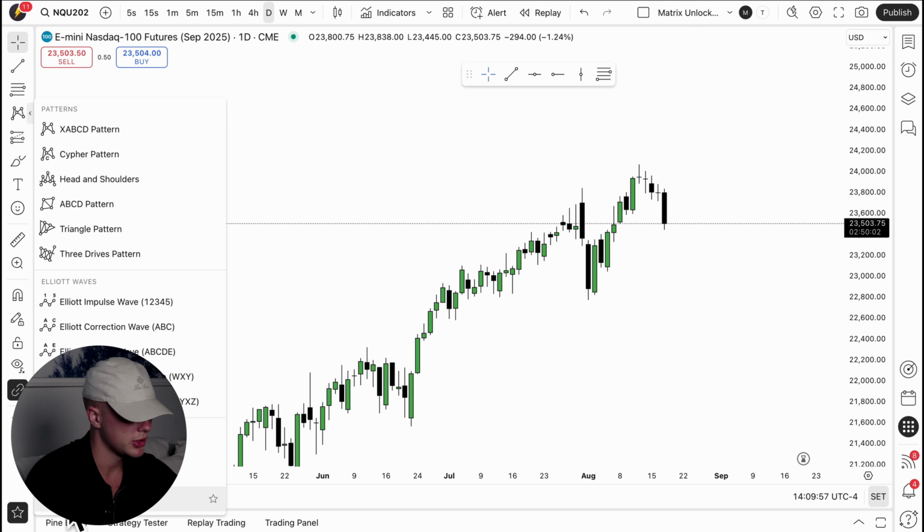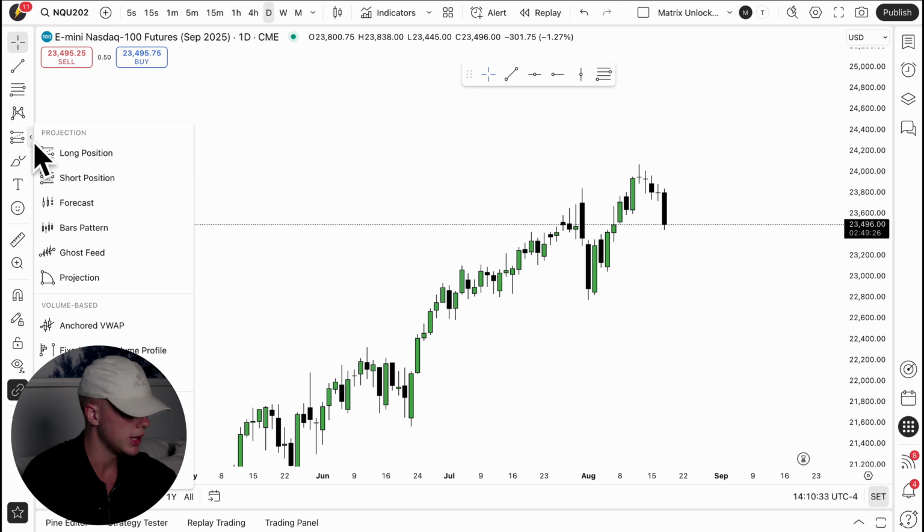Sometimes I see people put these cyclic lines on the charts and they have vertical lines all over the place, and I'm like, guys, you cannot even see the market anymore. What are you doing? It's not like the more lines you put, the smarter you are. No, absolutely not. I believe the more lines you put on your screen, the more foolish you are. Even if you have all these different price levels annotated, you cannot even see the chart anymore. All I need is a blank chart, and I need to know where the time cycle open and close are, where the high and low of the time cycle are, and where the key levels are that I'm going to be trading off. That's it. That's how straightforward my process is.